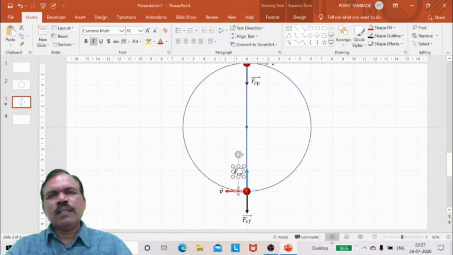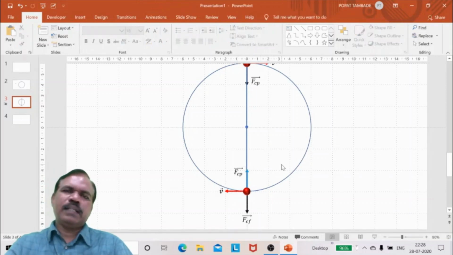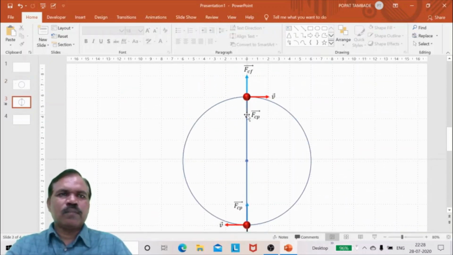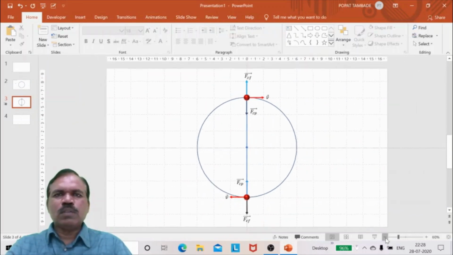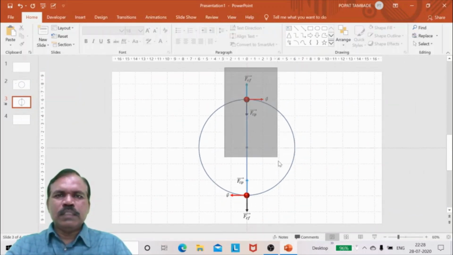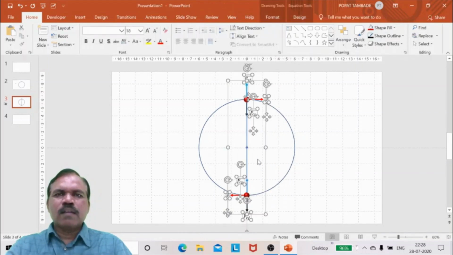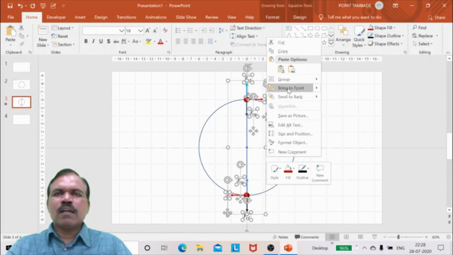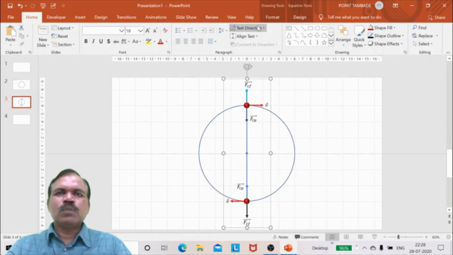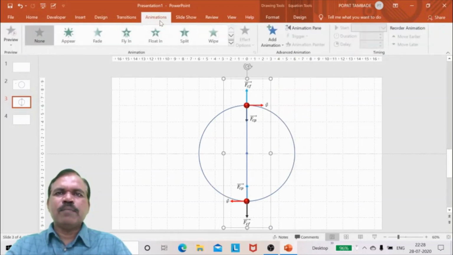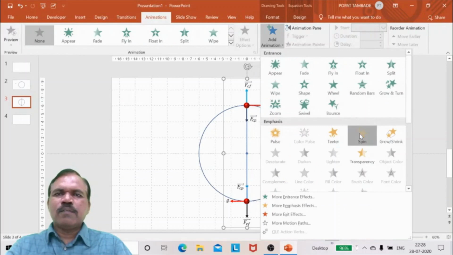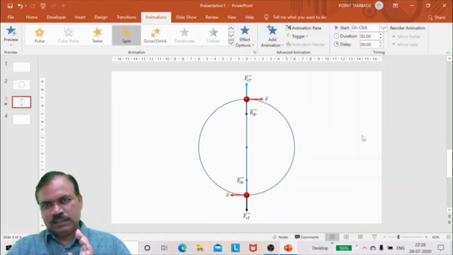So adjust it properly. So that's here. A small part is below this grid line, so I will take a small part above this grid line. But what happens if I group them and animate? Suppose we group these. I will zoom out. Group, and suppose I go to animations, and when I spin, it does not work. It does not work.